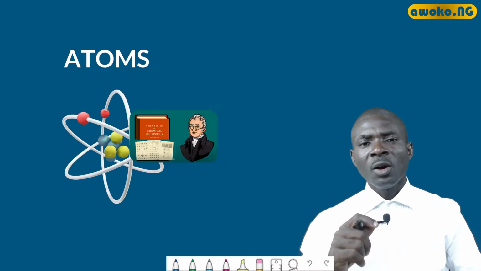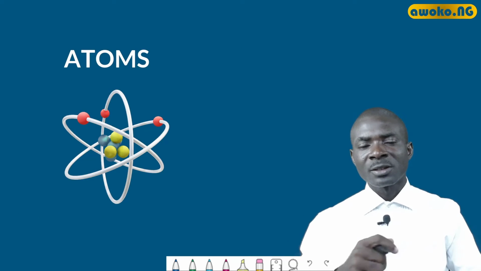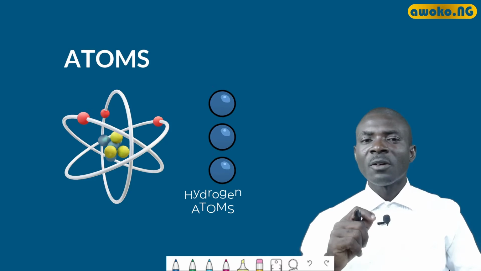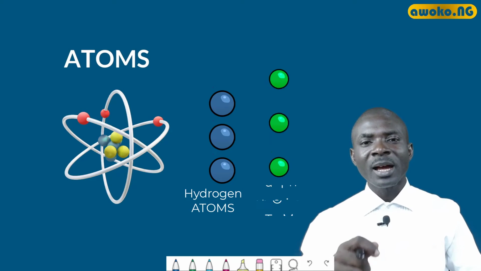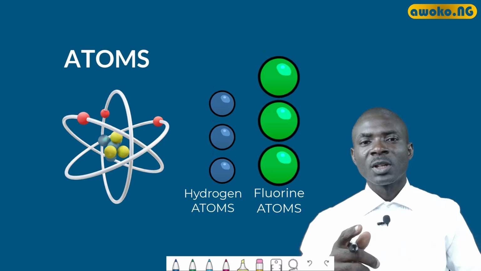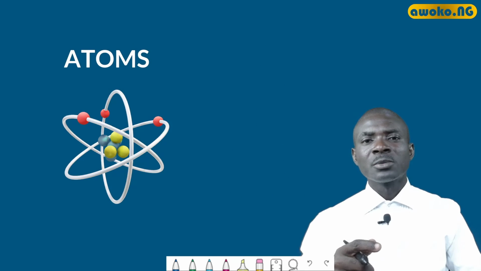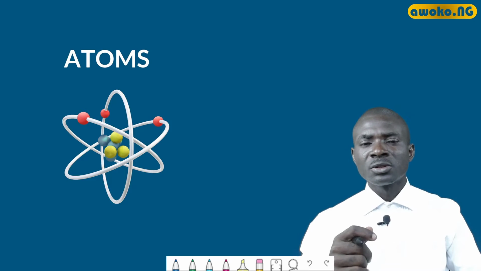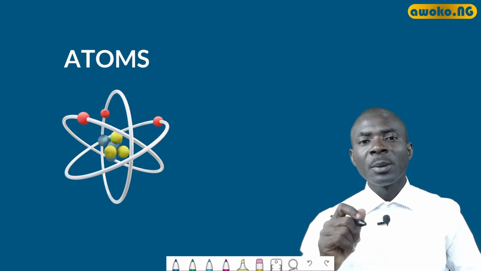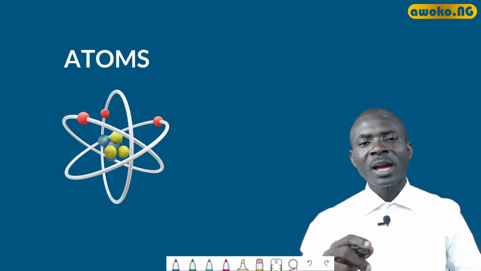According to John Dalton, all elements are made up of atoms, and the atoms of a particular element are alike in every aspect, while they are different from the atoms of all other elements. He also went further to put forward a theory that says atoms combine in simple whole number ratios. Also, according to John Dalton, the atom is indestructible, that is, it cannot be broken down into smaller particles.